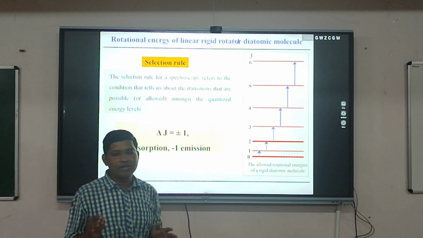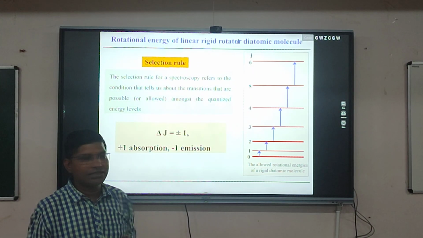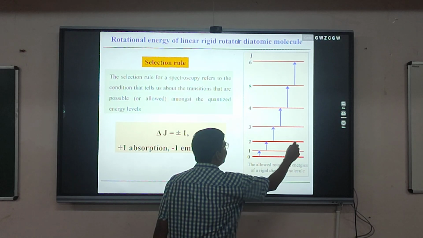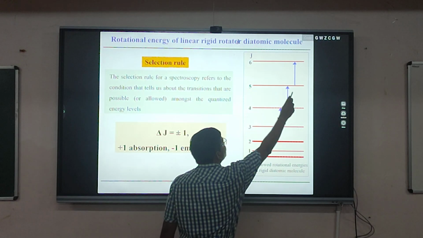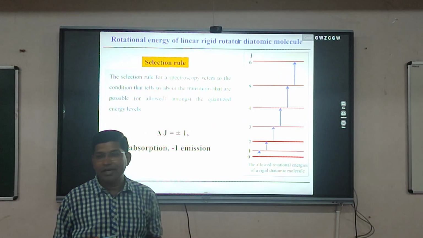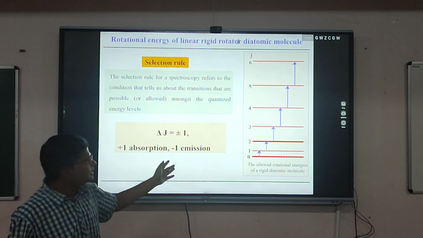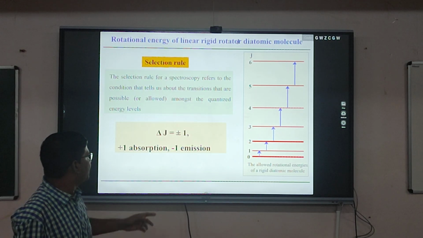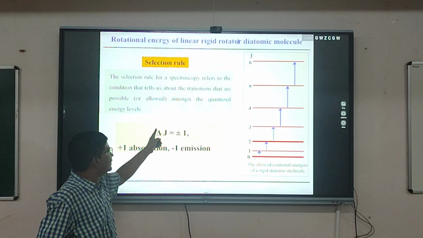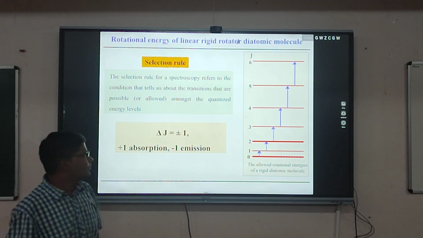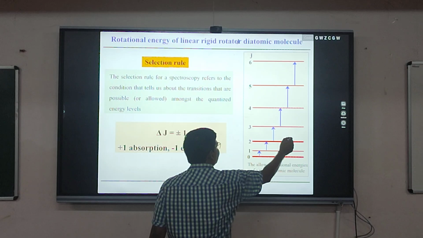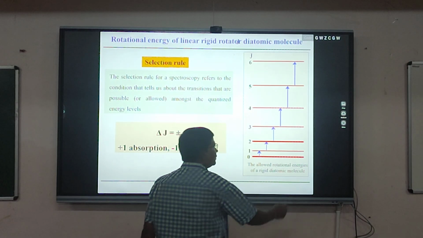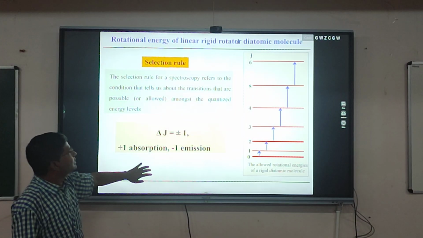We should also know the forbidden transitions. Forbidden transition means 0 to 2 is forbidden, or 1 to 3 is forbidden, like 2 to 5. These are the forbidden electronic transitions. So we should know what is an allowed electronic transition and what is forbidden. Forbidden means it is not possible, because the transition has to be plus minus 1. It will be in the upward direction, or it will be 3 to 2, or 2 to 1, or 1 to 0, in a minus sign.